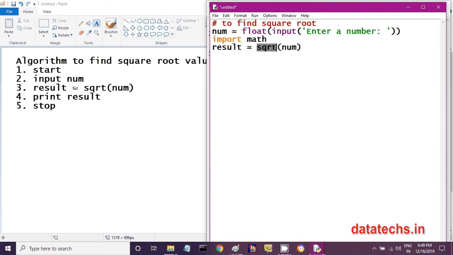So how can I call this sqrt function from this math program? You are supposed to write the program name before the function name. So I can write math.sqrt. That means in the math program I have the sqrt function. This dot represents membership. That means sqrt is a member of the math program. This math program is also known as a module in Python.